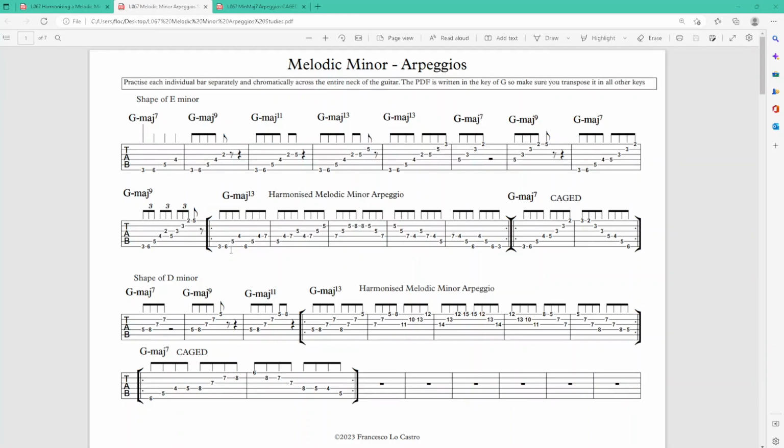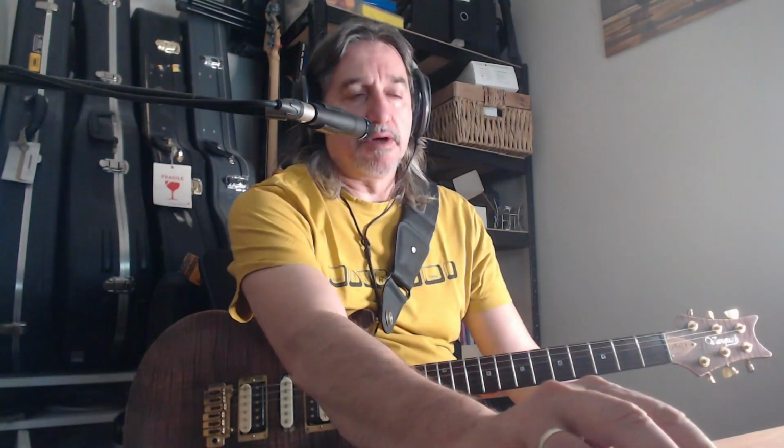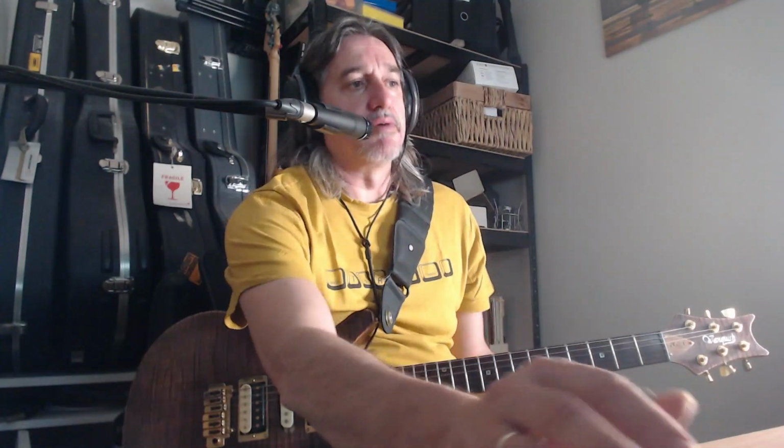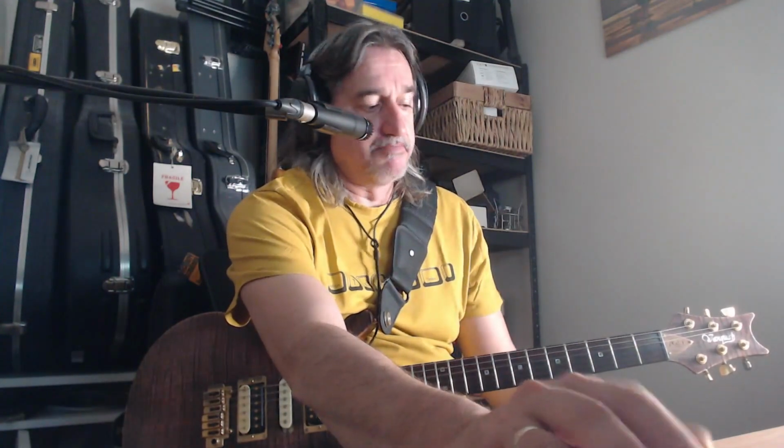All that means is that I'm going to take the minor major 13 arpeggio and play it in groups of 4 notes, starting from the root. In the second part of this lesson, where we're going to look again at harmony and theory, I'm going to literally spell the chords that come out of this. Because when I play this,